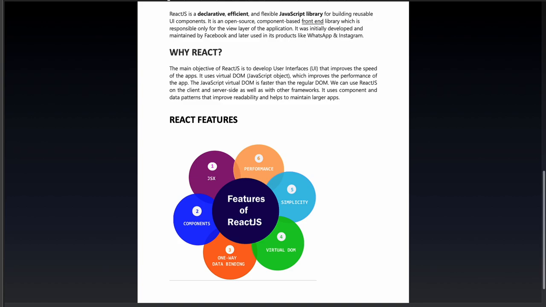And the fourth point is virtual DOM. The virtual DOM is an object representation of the original DOM. So it works like one-way data binding. Whenever any modifications happen in the web application, like I mentioned, like a click, or some form fields are updated based on user activities or the data coming from the backend,